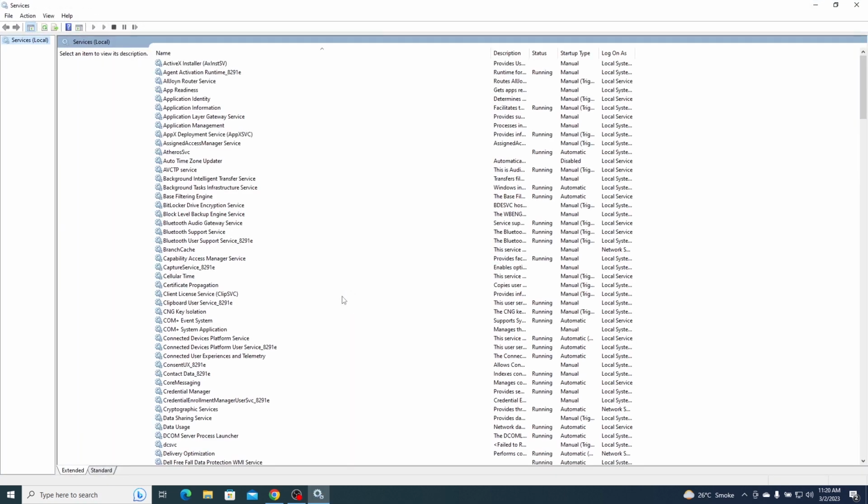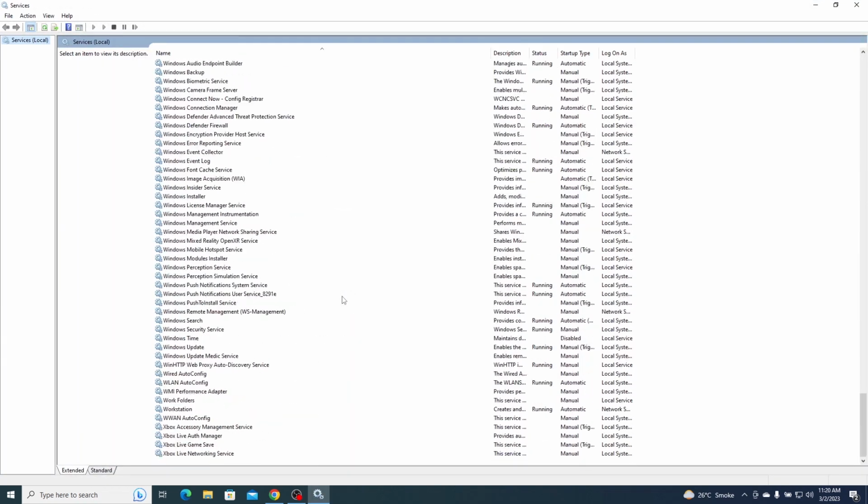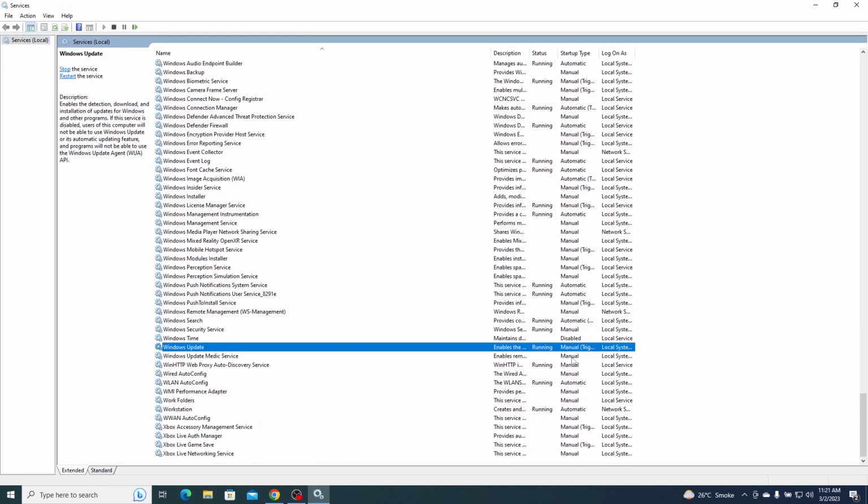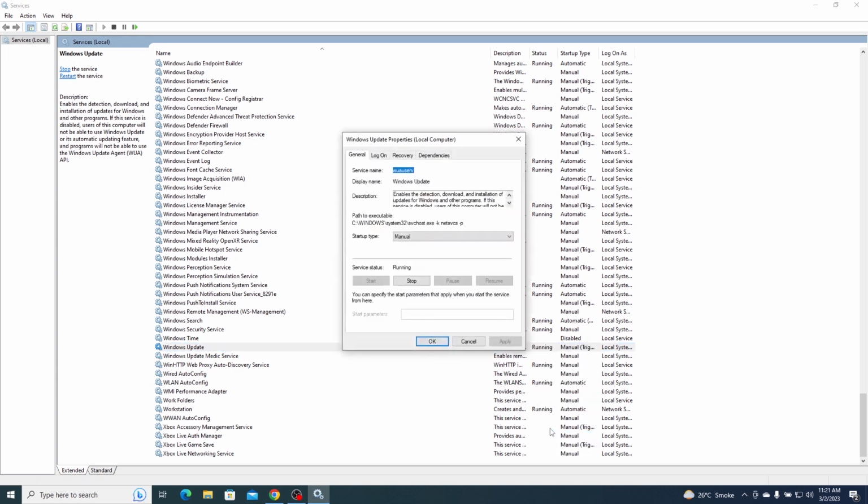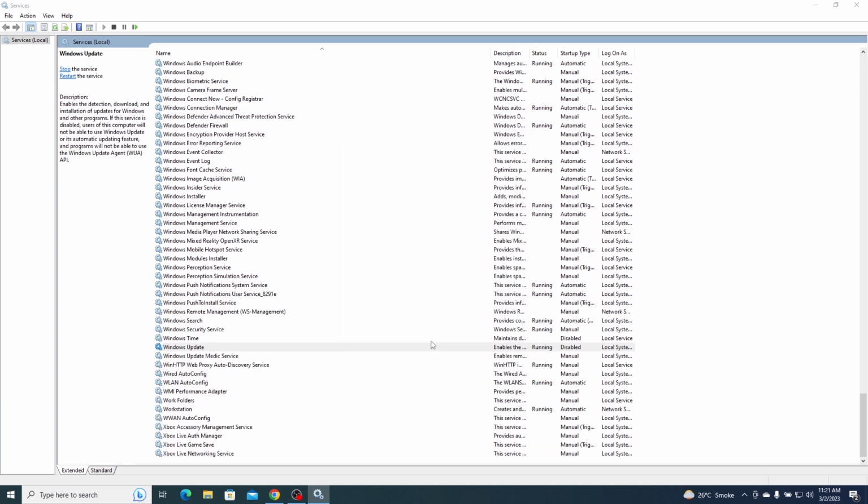In the Services window, scroll down and find the Windows Update option. Currently, you can see its status is manual. Click on it and change the status to disabled. Windows Update consumes almost 100% of the processing power, therefore, you should disable it if your system doesn't have a